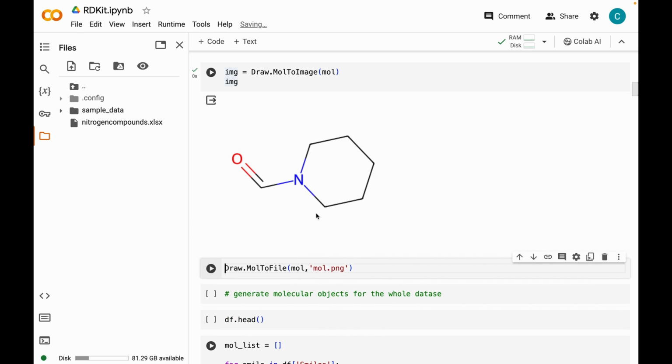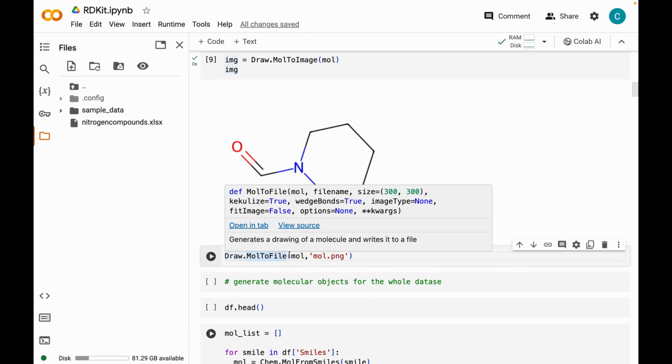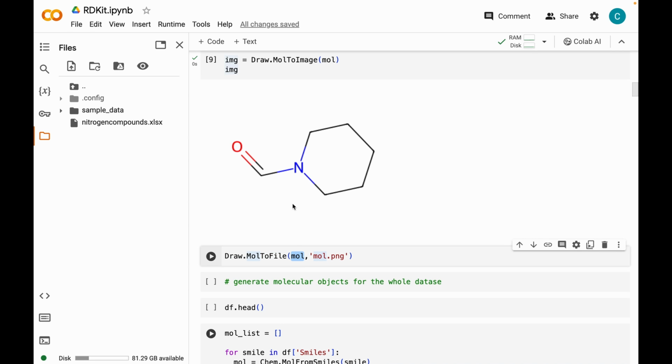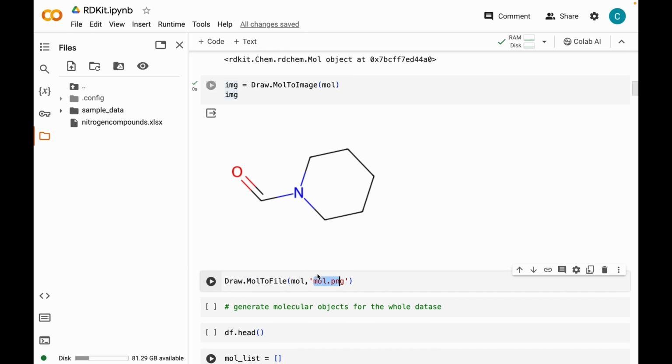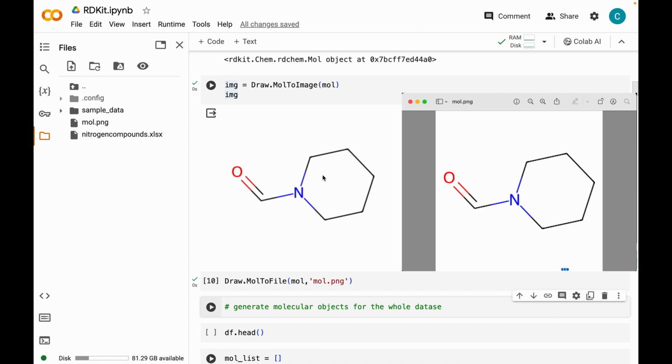Now we're gonna go ahead and save this molecule as a PNG image. For that I am using this Draw module and MolToFile function, which takes as argument our molecular object which we have created over here, and we have to input the name of the file in which we wanna store this image. So let's run this. Now over here you can see that we have an image called mol.png. Let's download it and open it. So you can see we have a PNG image of this molecule,